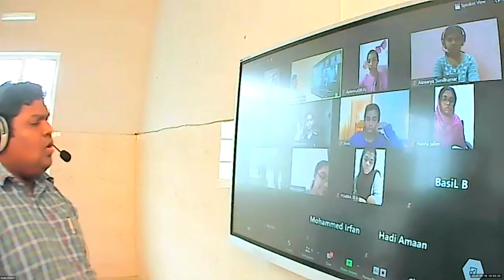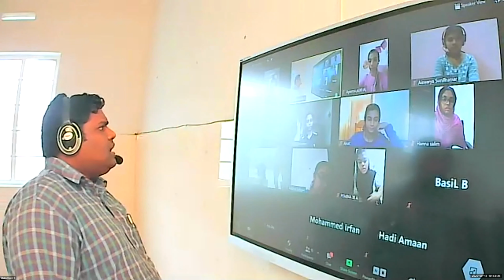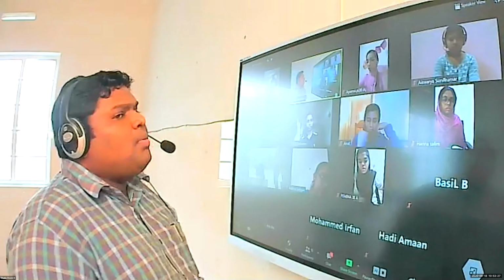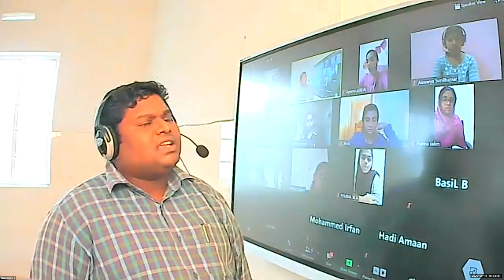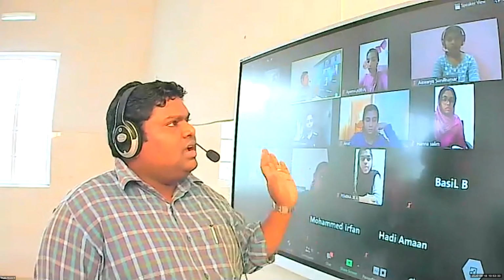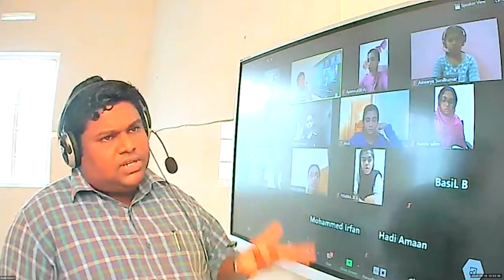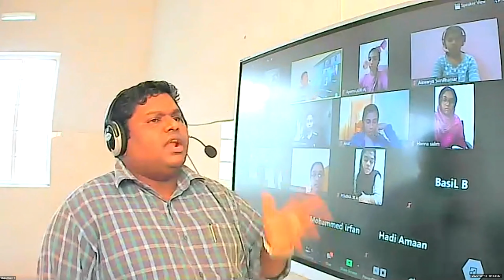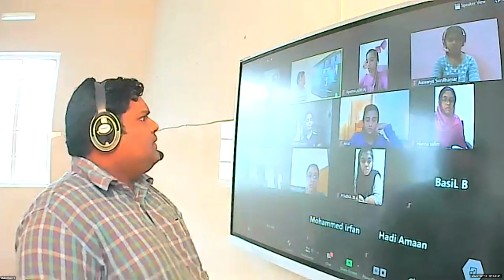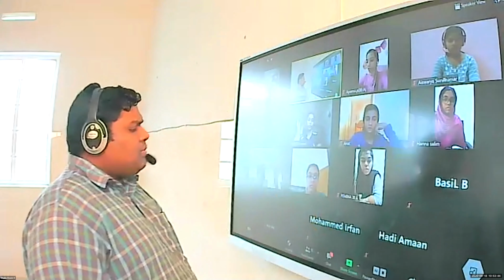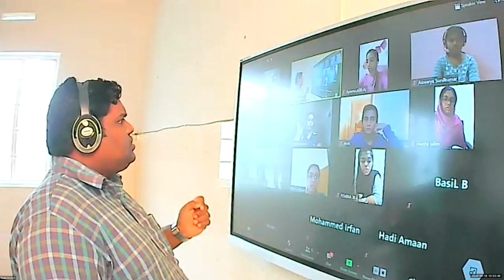Tabular representation of data. Yes, of course, tabular presentation of data. So what is the importance of tabular representation of data? All details we are able to find from a table, but descriptions cannot be there. We are unable to find out when, where, why, and those kinds of things. Only data are there in a table. So that's the importance of a tabular presentation of data.